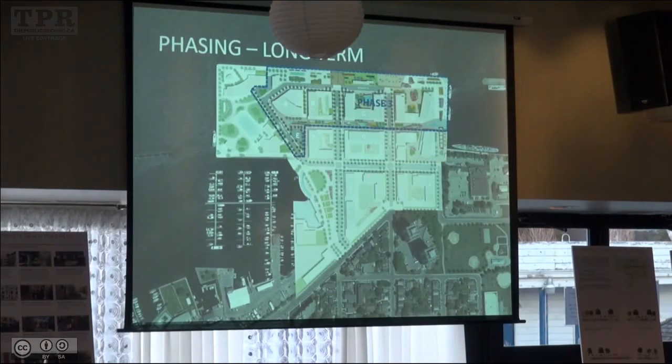And then in the last phase, you see the full build-out of the new institutional building at this corner of the development, and then 3 new residential buildings with, again, a mixed-use building at the corner. With that, you see the final completion of those buildings, but you also see the full completion of the linear park as it's constructed. Now that my laser pointer's working, I'm just going to point out some of these key